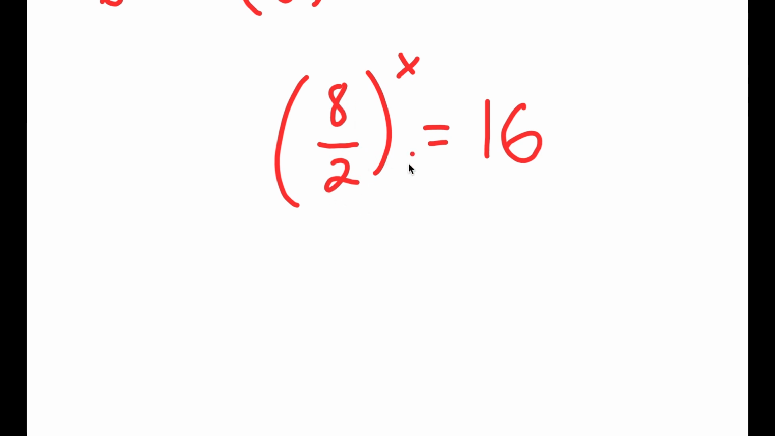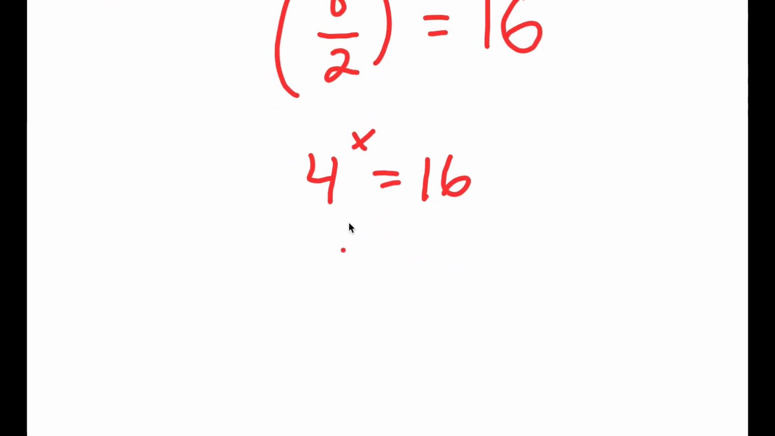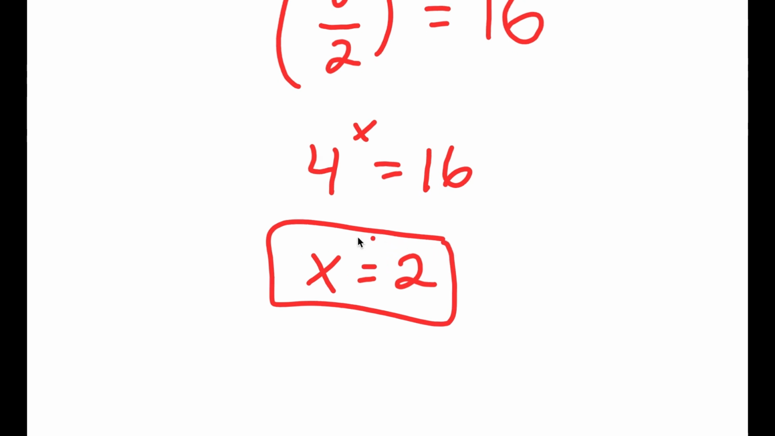Now, 8 over 2, that's obviously 4, so we have 4 to the power of x is equal to 16, and 4 to the power of what equals 16? 2. So I get x is equal to 2. So now to check,